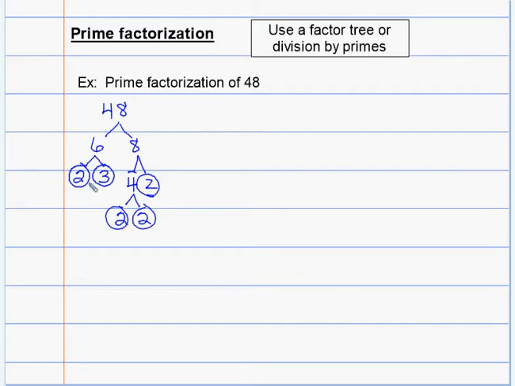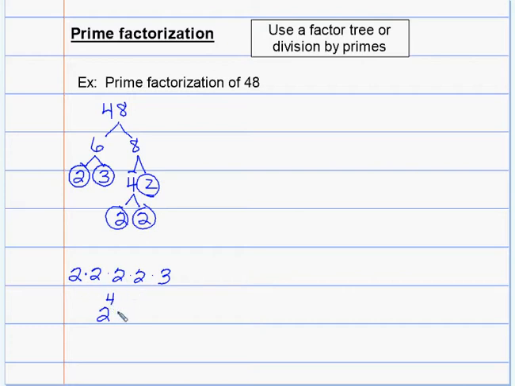This is just the means to get the prime factorization, the factor tree. This is not your answer. Your answer needs to be the product of these factors in multiplication, and you can write them in number order, just like so. 2, 2, 2, 2, 4 2s, and a 3. And if you use what you know about exponents, you could write that repeated base,